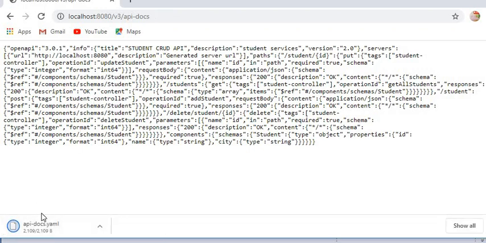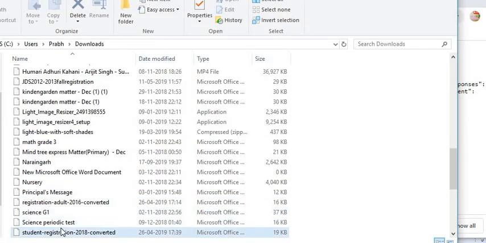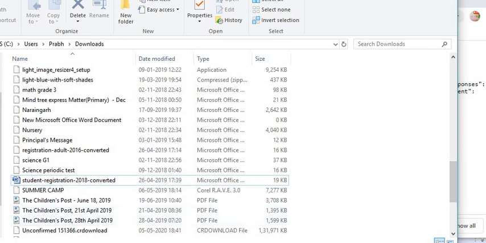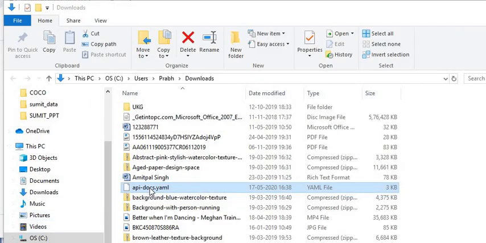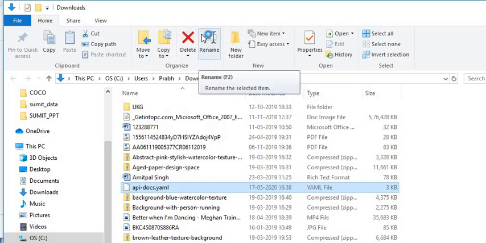Now you can see here the file downloaded, so I will go there, show in folder. Here you can see this. Now I will open this, edit with Notepad++.